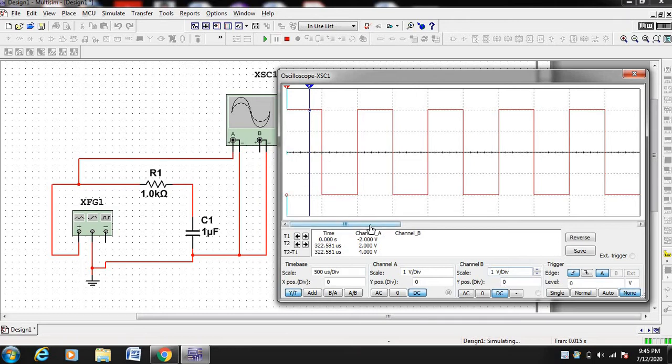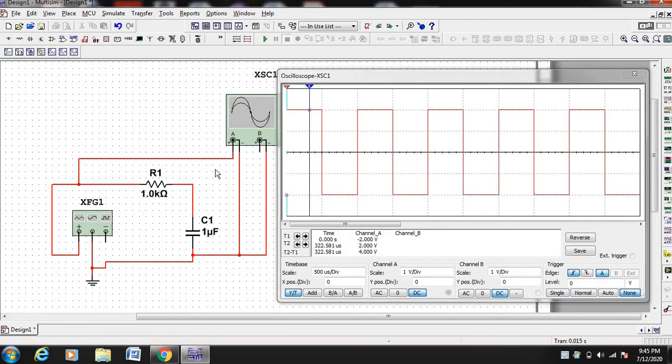You can also see that the time period is 0.5 milliseconds per division. So one division is 0.5, and 0.5, and 0.5, therefore one cycle will become 1 millisecond. That is what we have set in the function generator settings. Now let us stop this. Now let us remove this input wire and only see the output.